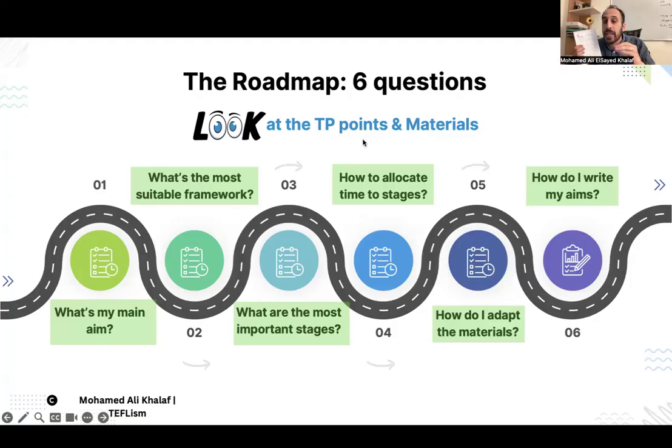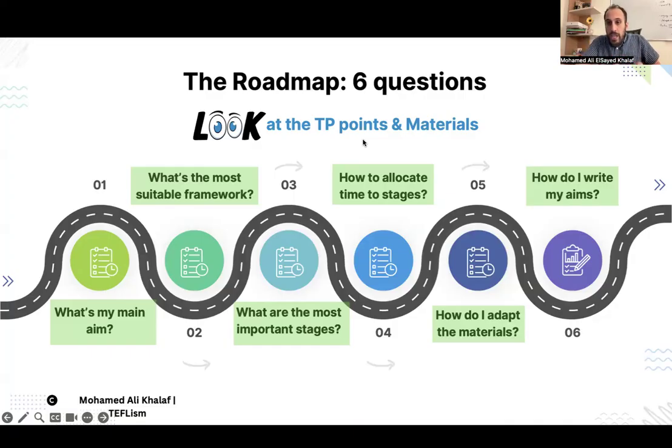Again, the answers to these questions will be the backbone to your lesson plan and will help you finish your lesson plan in 1 hour or 2. If you don't have distractions around you, you will finish your lesson plan maximum in 1 hour or 2. If you are slow, it will take you 2 hours. The lesson plan all together, with all the stages and the cover page and everything.